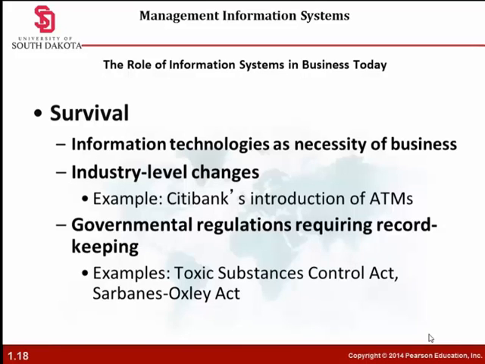Can you name any examples of companies that have failed to survive due to their unwillingness or inability to update their information systems? When we look at the Sarbanes-Oxley Act, this requires that public firms keep all data, including email, on record for at least 5 years. Can you appreciate why information systems would be useful toward meeting these standards imposed by this legislation? Why would we need to keep information for 5 years, including email?